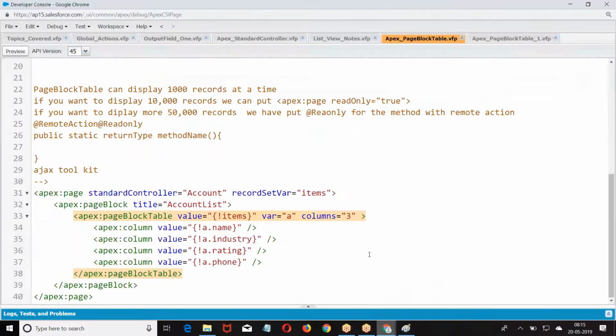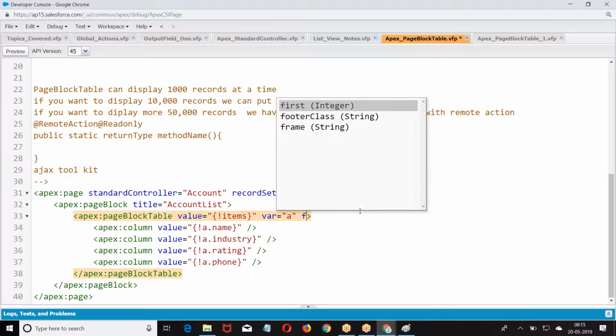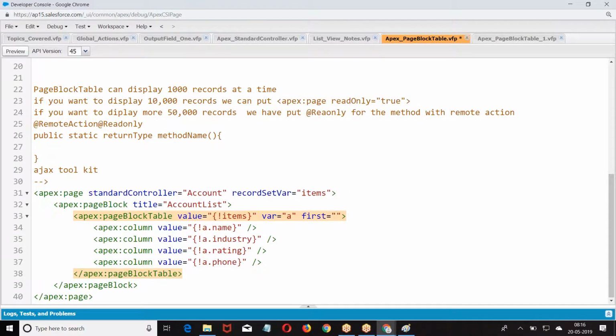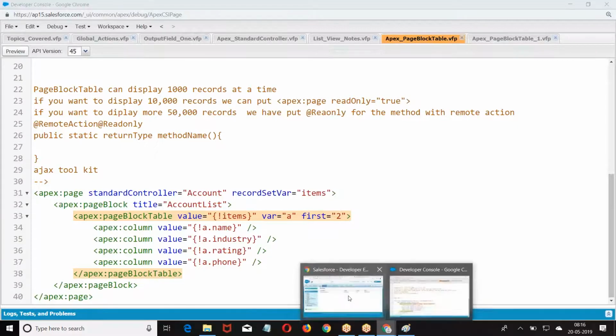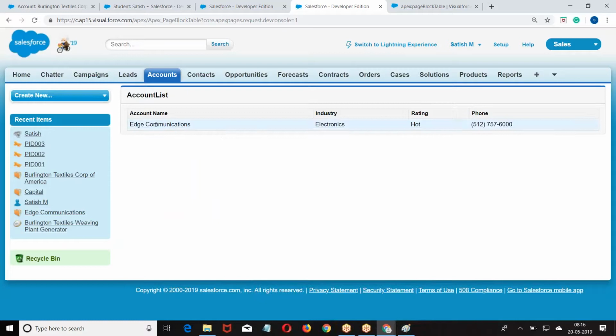Okay. So next we had first. I told from the group of records, from which record I have to display. I told I got 3 records from the second record. That means index 2. First one means index 2, not second.